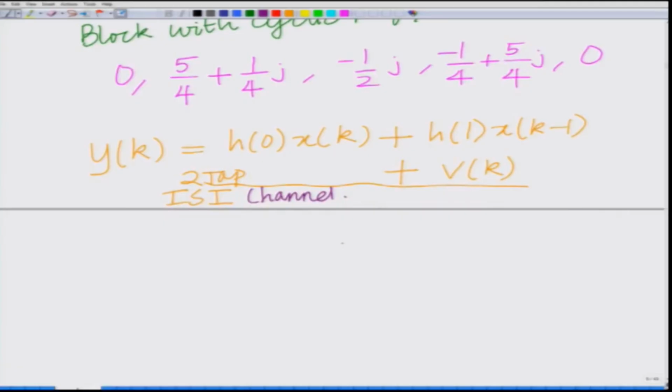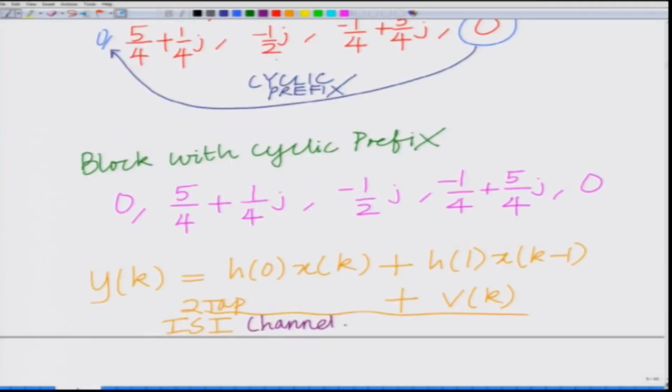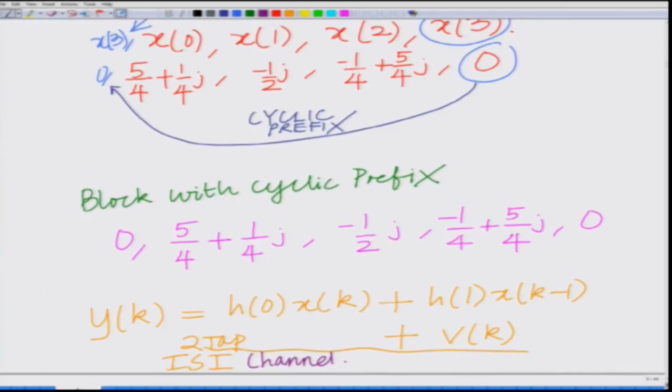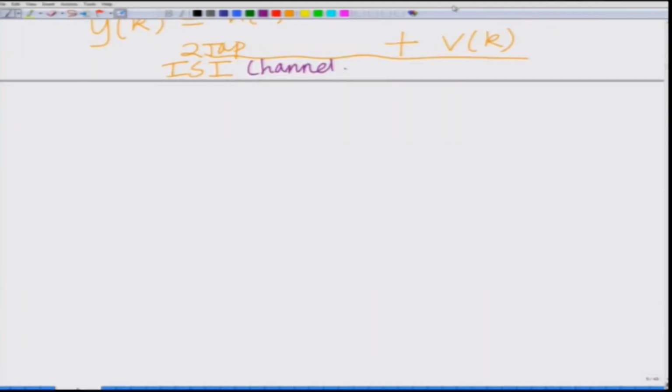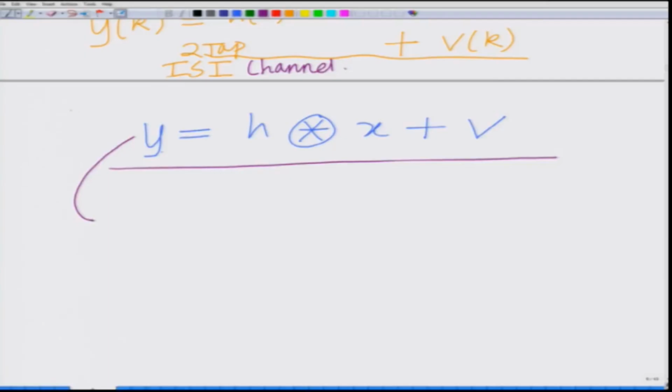Once you transmit, these xk's are nothing but the time domain samples that you have got after the IFFT of the symbols loaded onto the subcarriers. And therefore, the action of the channel is one of circular convolution. Because of the cyclic prefix, you have y equals h circularly convolved with x plus the noise, which means now you take the FFT at the receiver. So, on the top is the time domain, on the bottom